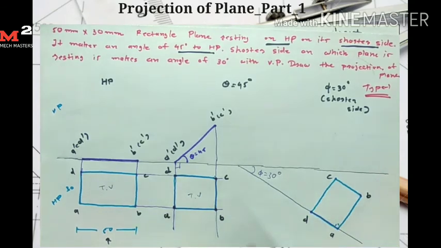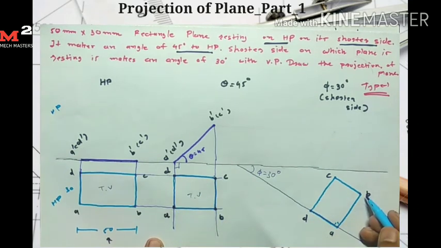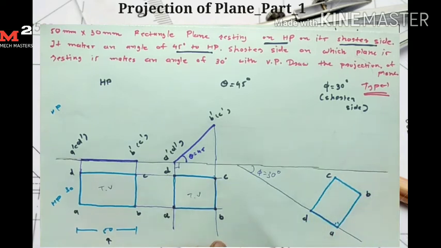We simply first draw one line at an angle of 30. Then we measure the AD distance and represent it here. We draw the line AD. Then from point A I measure the distance AB and draw one perpendicular line here, so I get point B here. Similarly, measure the CD distance and draw one perpendicular line, so I get my C point. Then connect C and B, so I get my rectangle plane here. This rectangle plane and the earlier rectangle plane are the same. So I get my top view for this third stage.